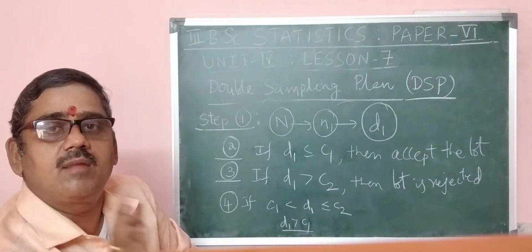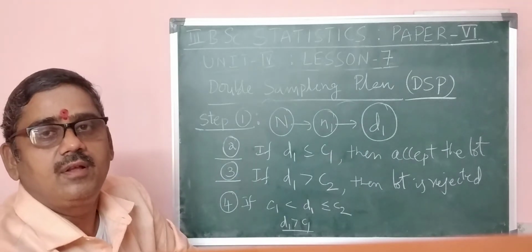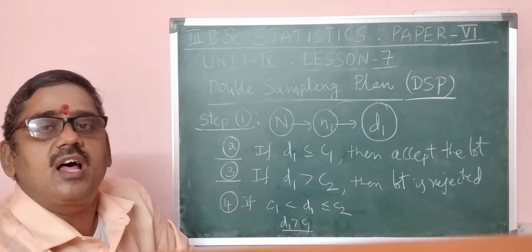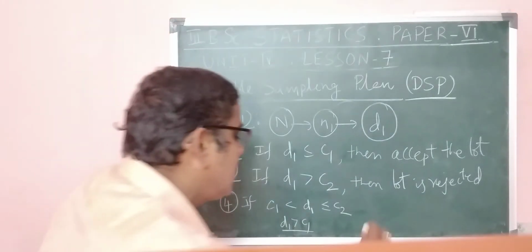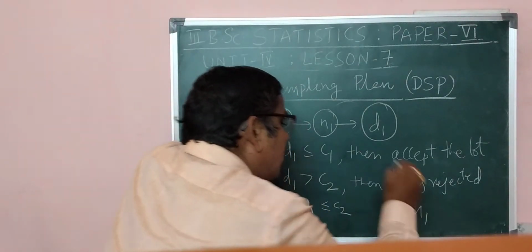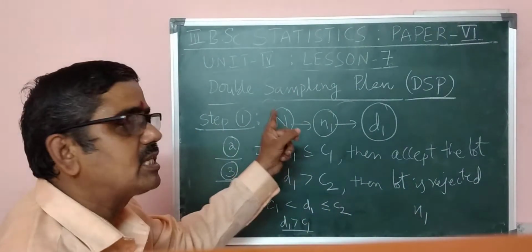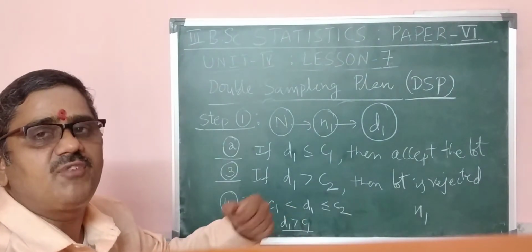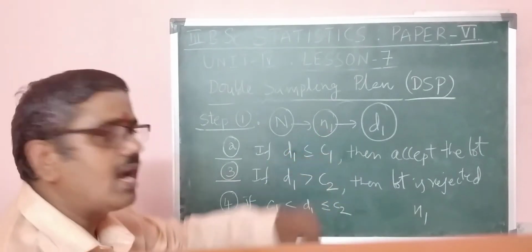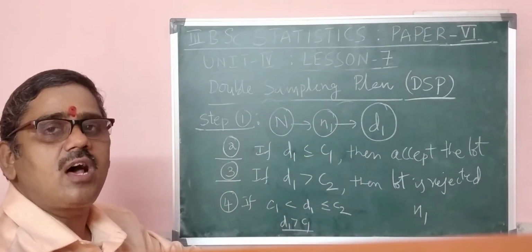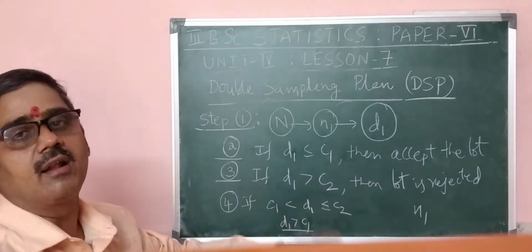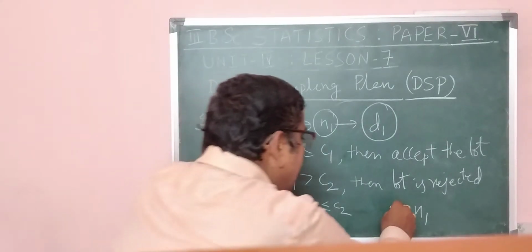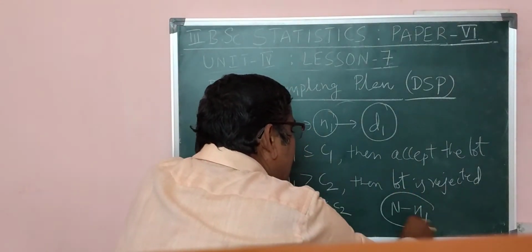You consider the second sample in the remaining lot of items. In the remaining items which are in the lot, you have to select the second sample from the lot of remaining items, which means already n1 items were taken for the first sample. To inspect the first sample, we have drawn n1 items. Those items are not to be included here. We should keep them separate, and then consider the remaining items, which means capital N minus small n1.